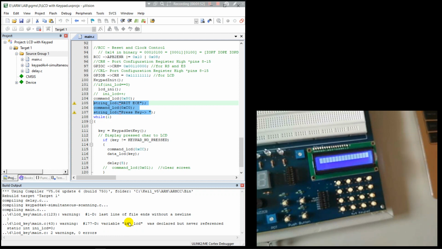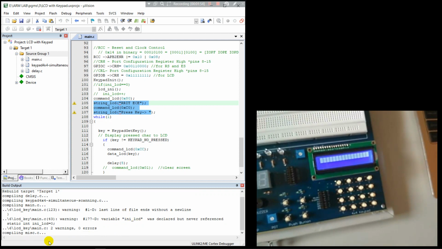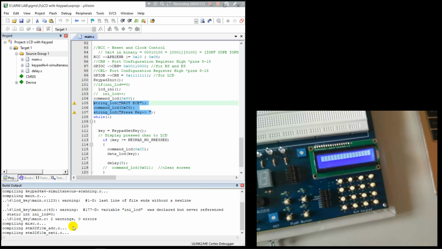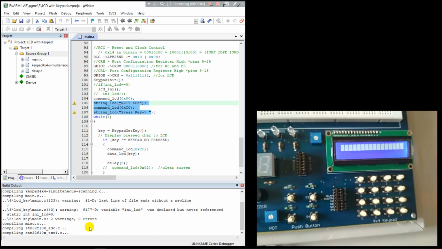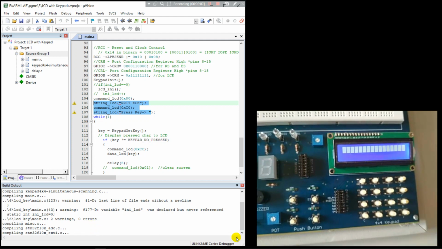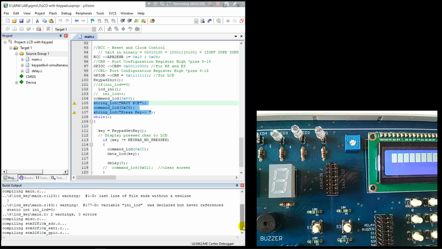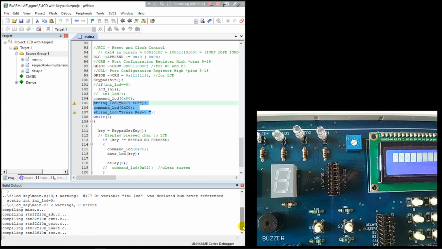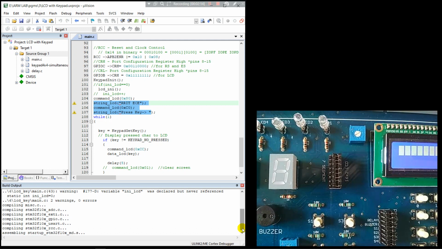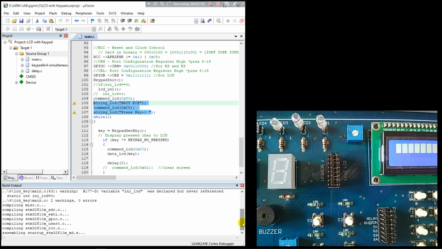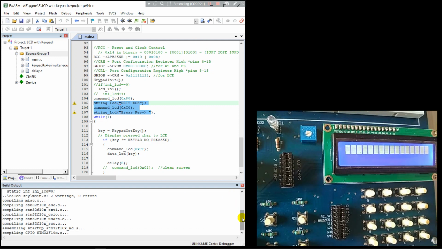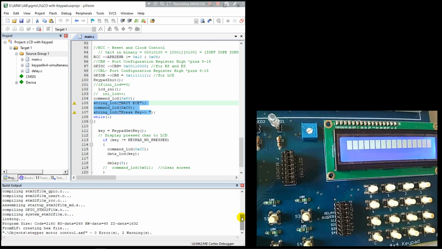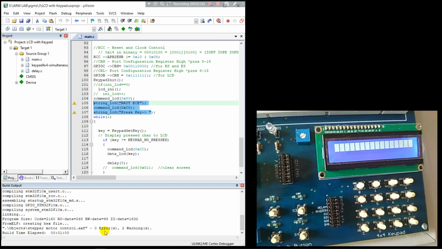Let it run for some time until it finishes flashing the code into the system. It takes some time. Okay, so the file has been created, there are no errors.